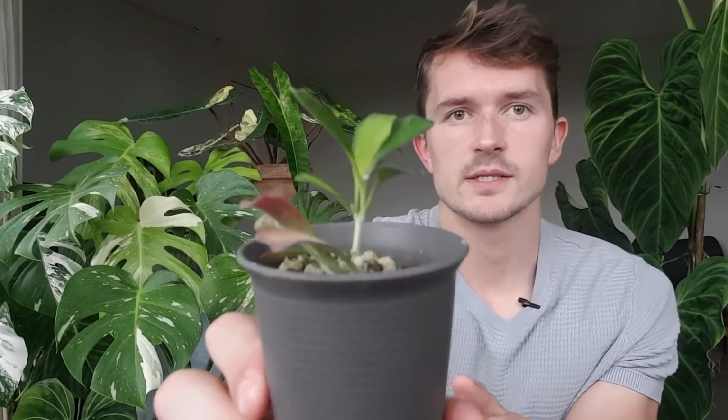And now it's a little bit more flexible about where I put it, but for a long time it had to be on a specific shelf in very specific lighting. I could only water it once every 2 weeks, whereas with my other Hoya, I water them whenever, and they're fine. So yeah, it's doing okay. It's got really, really interesting